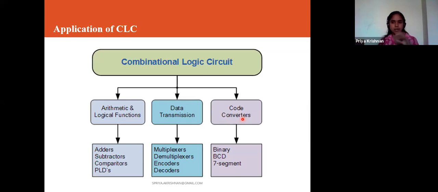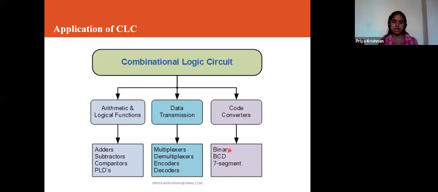My ATM PIN number or my password is encrypted. For example, if my password is 1234, then they'll change that number to some other number. They'll change that to 8964. Like that they can change the number so that it is encrypted end to end. Even in WhatsApp we receive the message that your data is encrypted end to end. Your conversation is secured end to end. So that is the code converter. Changing one type of code to the other type of code is a code converter.